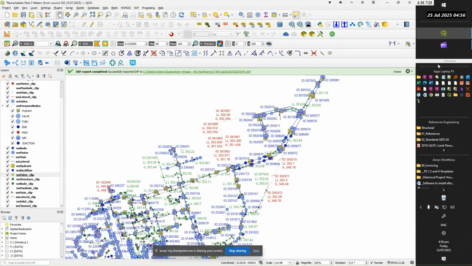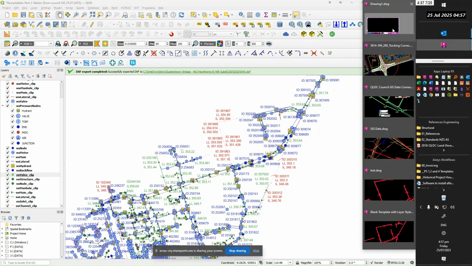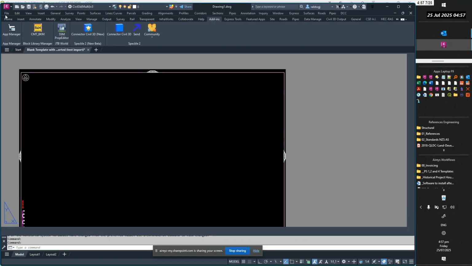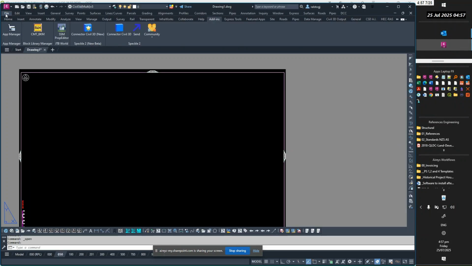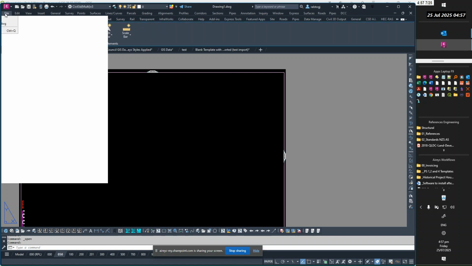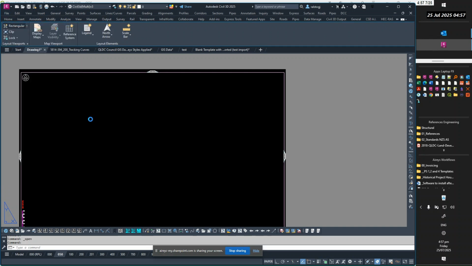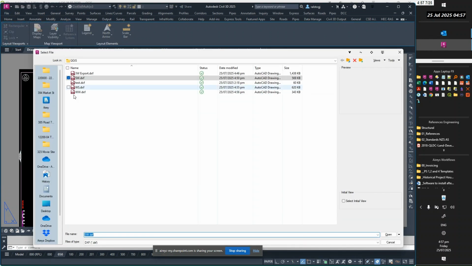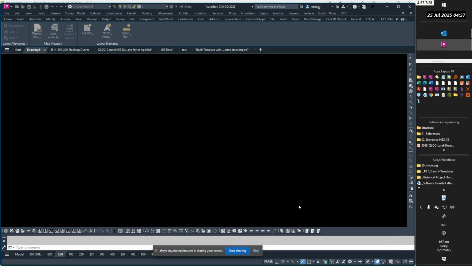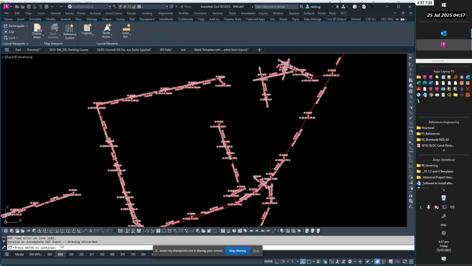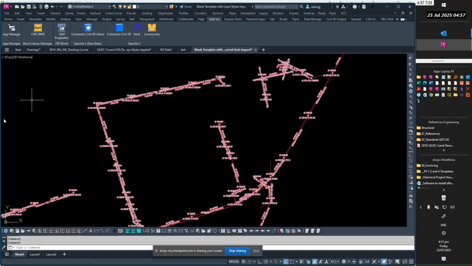So it's written the file, and now if I go back into CAD, and go File, Open, and we can look at wastewater and see if that's open for us. Oh, this is the discipline that had the error in it, so it's corrupted somehow. So it didn't open the DXF,